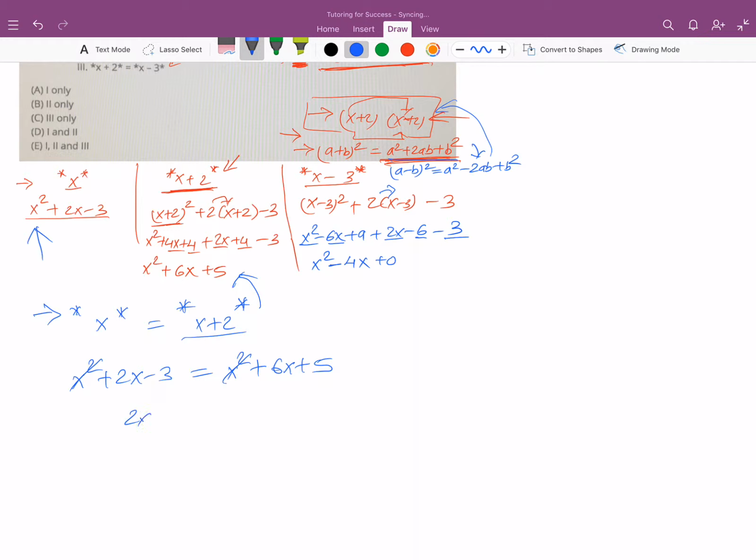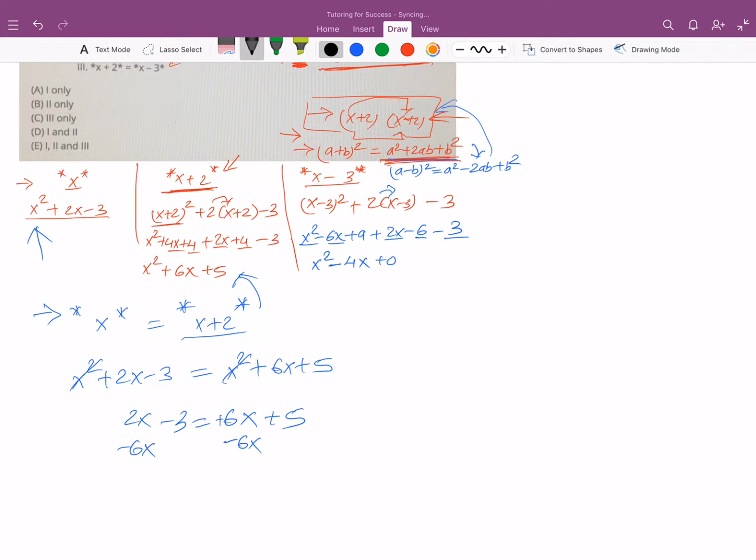So 2x minus 3 equals 6x plus 5. And then I want to keep the variable on one side and the constant on the other side. I always want to keep my variable on the left-hand side and the constant on my right-hand side. So what I do is I subtract that 6x, because that 6x right now is positive, so I subtract it,